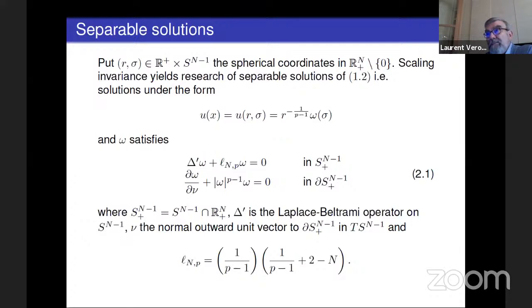For example, if g(u) is minus u to the n over n minus 2, this equation plays a very important role in geometry. It is the equation of deformation of a metric in order to fix the Gaussian curvature on the boundary. This has been studied a lot by, for example, Escobar and by Cherrier.